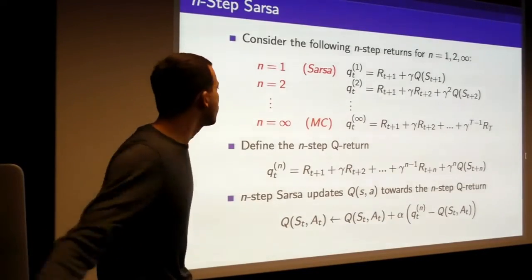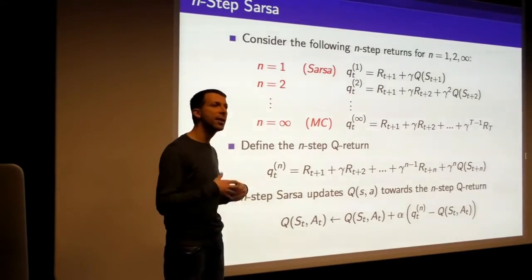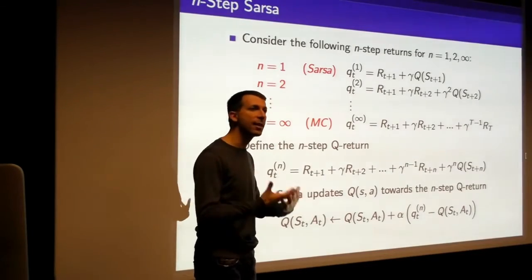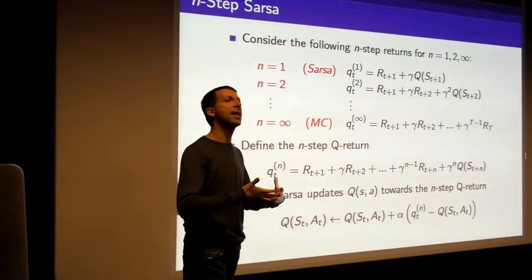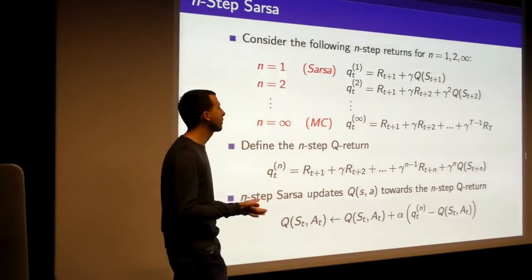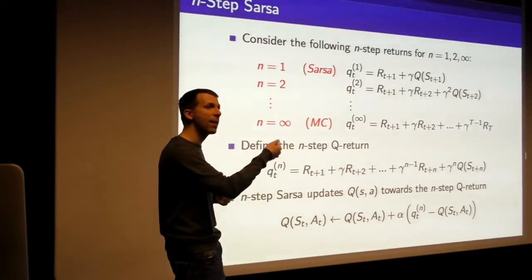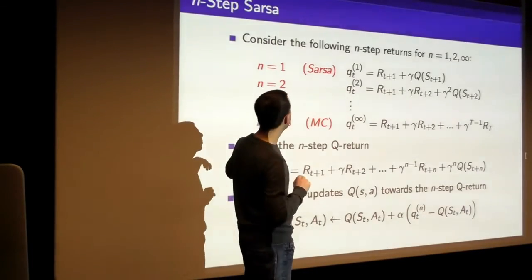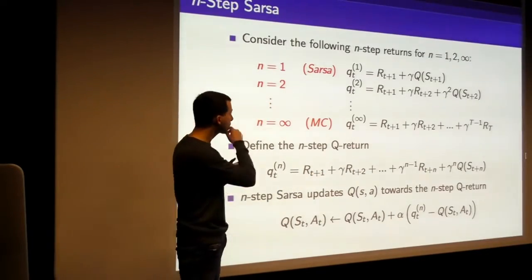Okay, so now we're going to take the step that we took in the last class, which is to consider the spectrum between Monte Carlo and TD learning algorithms. We're going to consider these eligibility traces and lambda variants of these algorithms to see if we can again get the best of both worlds: the best of the unbiased behavior you get from Monte Carlo, and also control the bias, have a knob that controls the bias-variance trade-off. And the way we're going to do that is by starting off by considering these n-step returns again.